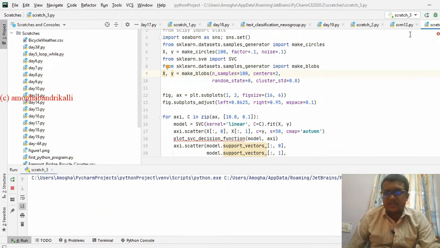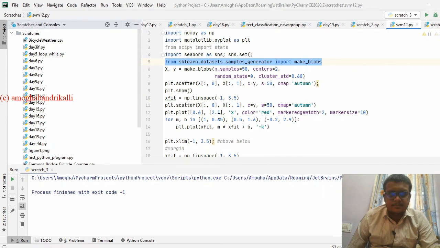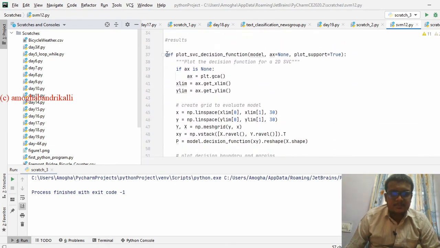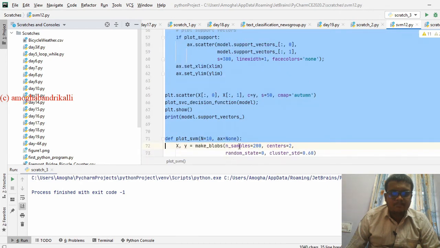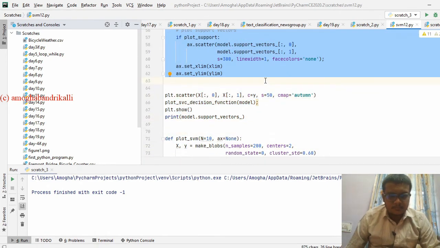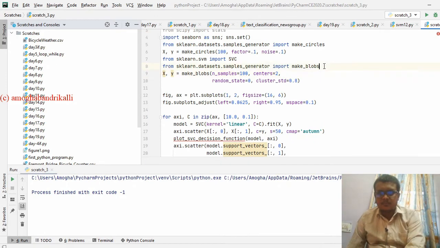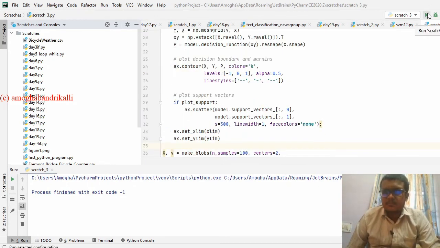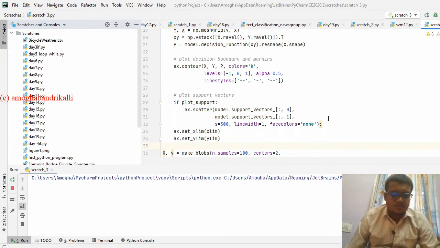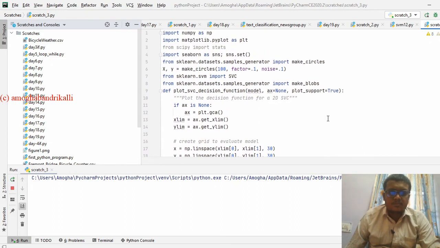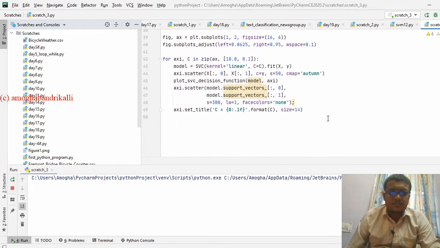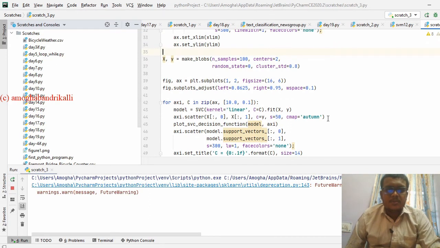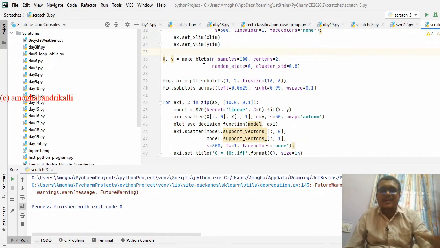Oh, you need plot SVC decision. Simply deleted it. So now here we have made blobs of circles of 100 samples.